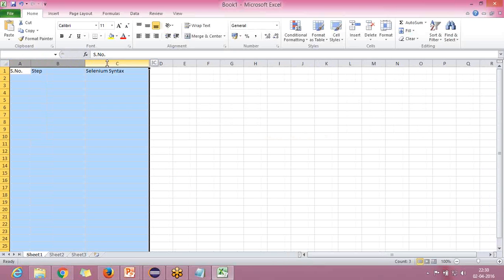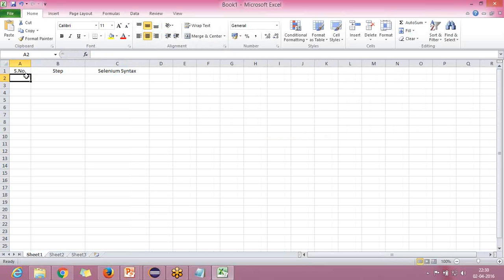All right, fine. So the very first step in our Selenium is going to be opening the browser. The corresponding Selenium syntax is something like